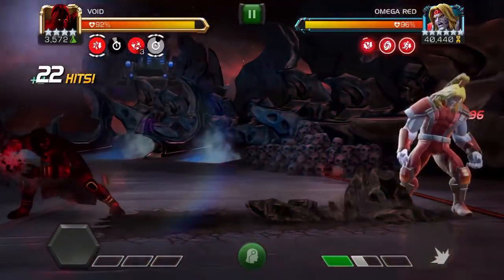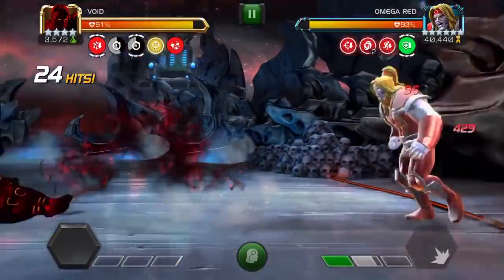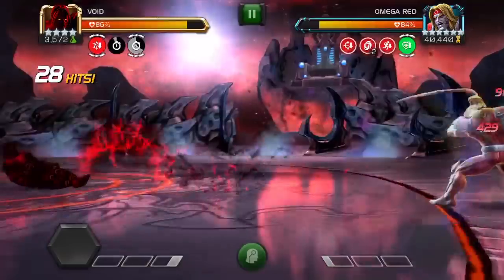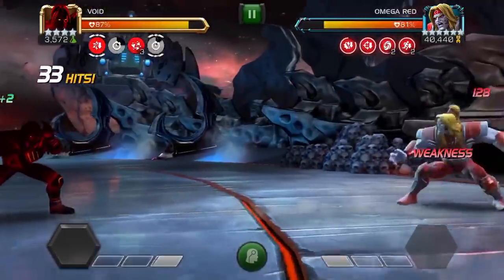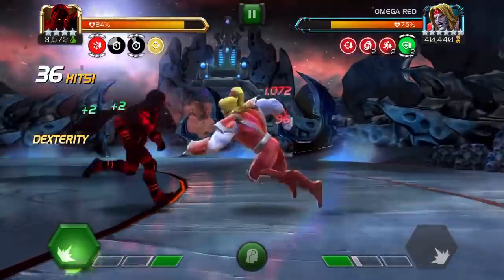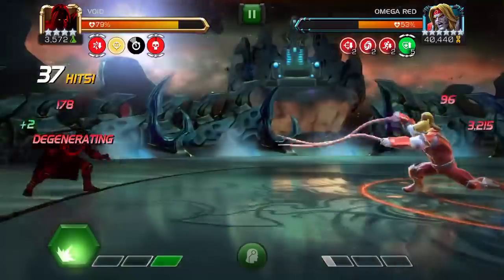Alright, SP1, and as you can see, once I throw my SP1, I basically lose all those spores that Omega Red puts on you. Alright, and over here I'm trying to wait for the other debuff from the timer to go off onto him. That way I can save this power to throw an SP1. Alright, there we go. Fear the Void,